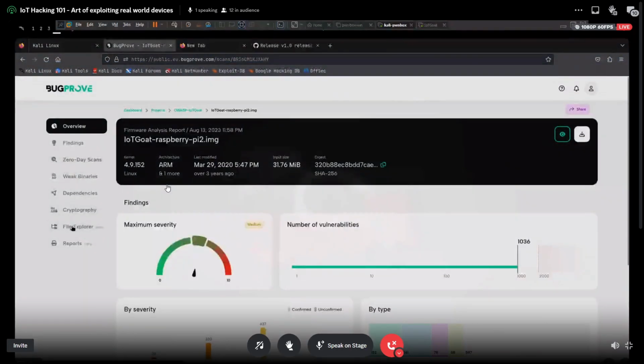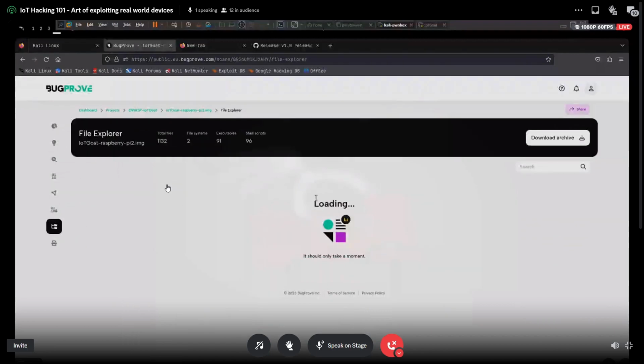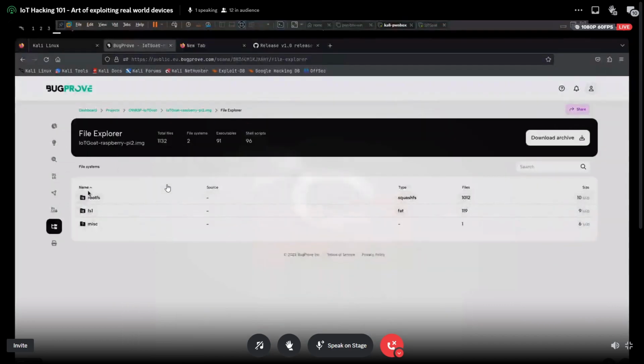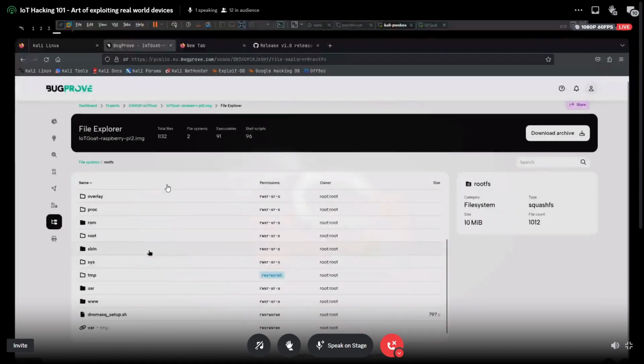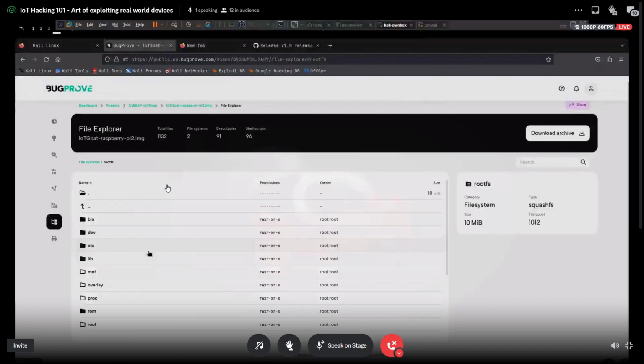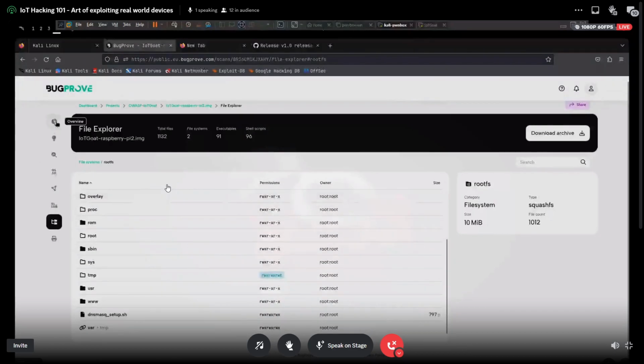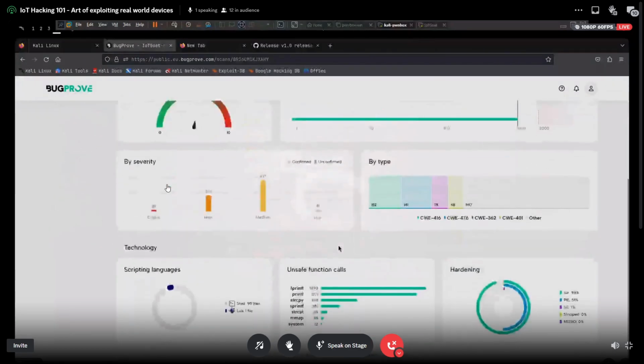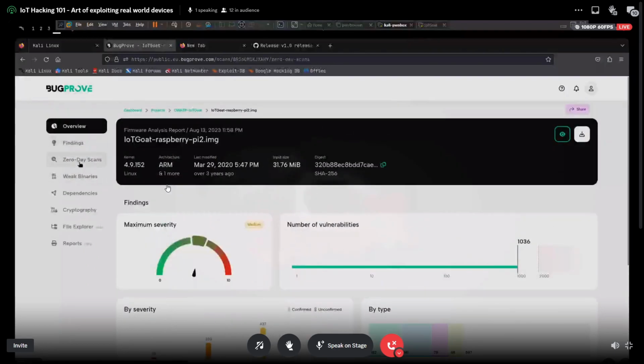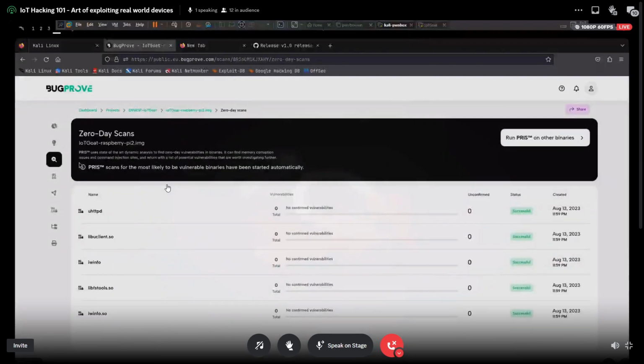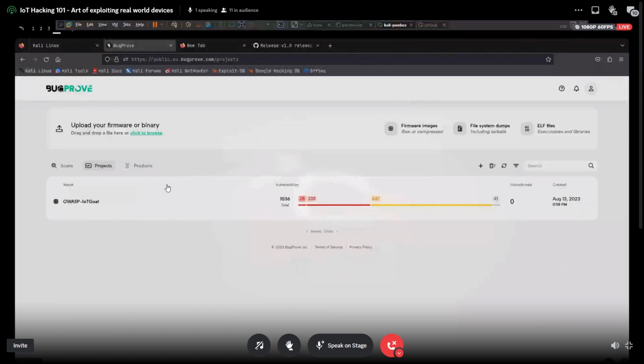Here. We have the platform, and to avoid the pain of entering 10,000 commands, it comes with the file explorer, which is just a simple GUI. You can start working using this GUI and find various vulnerabilities. And it also has a nice 0-day scanner. It actually tells you potential vulnerable functions. This one doesn't tell you. Let me open one which actually has some potential ones.